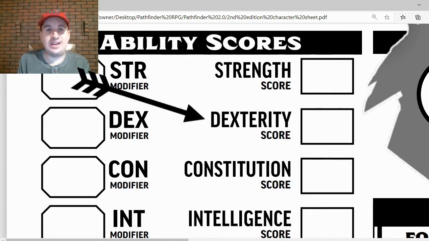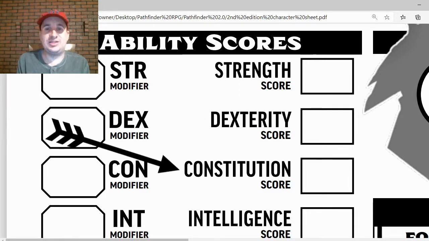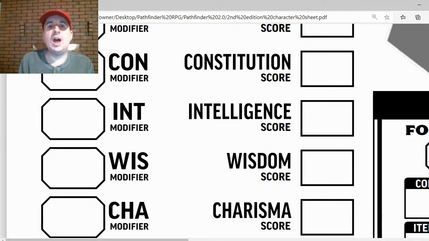Next we have dexterity. Dexterity is a measure of your character's agility. How easily can they dodge out of the way of something? Next we have constitution. Constitution is a measure of your character's physical health and vigor. Now let's move on with the other 3 ability scores called mental ability scores, starting with